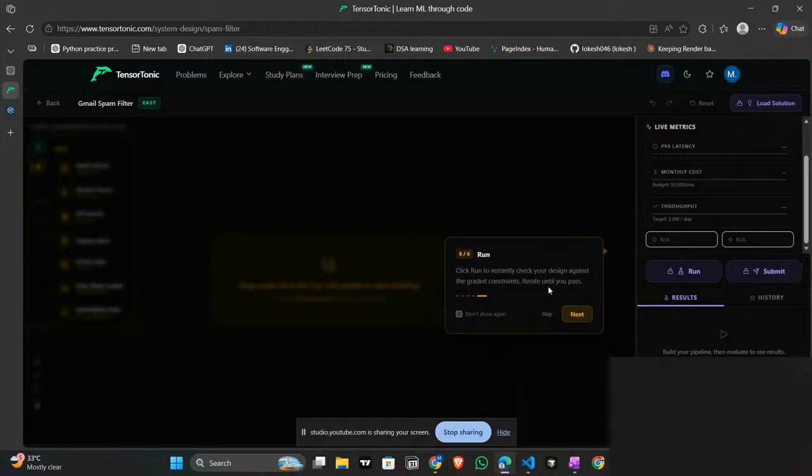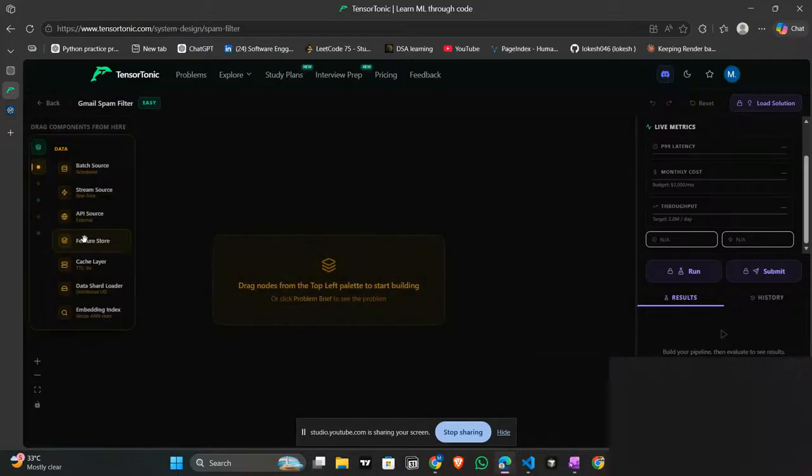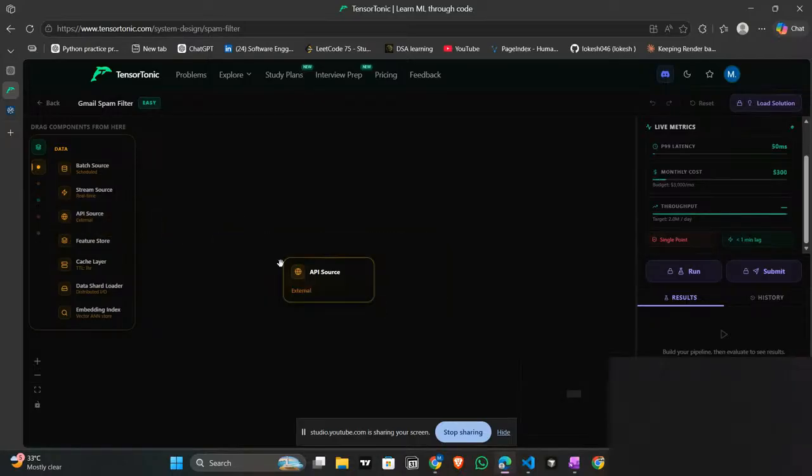Click Run to instantly check your design against the graded constraints. Once you are happy with your design, click Submit and an AI expert will review your architecture and design. Oh, it's so awesome, man!